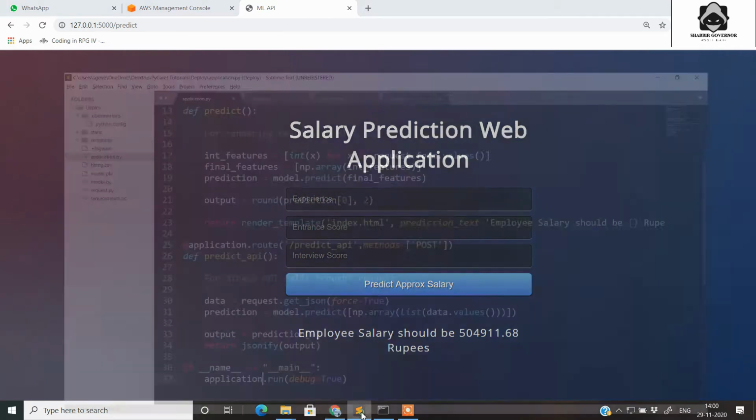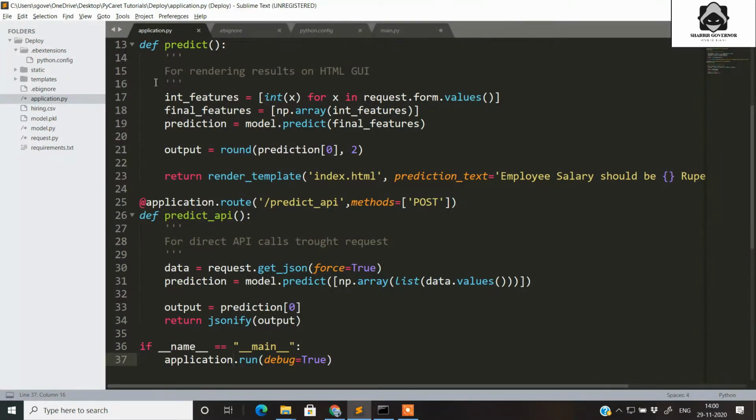Firstly, I'll open the project in my favorite text editor, and by default I will keep the name of the main file, that is, where the application is going to launch from, as application.py. And this is the structure of the project, which has the templates which include the HTML file, and the static files which include the CSS file for my application.